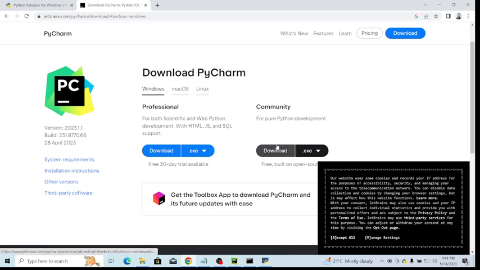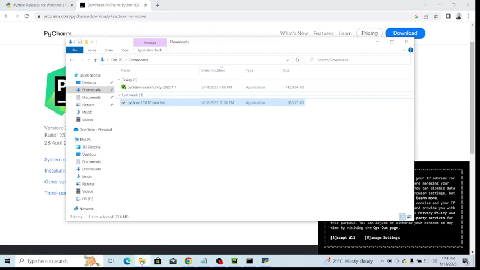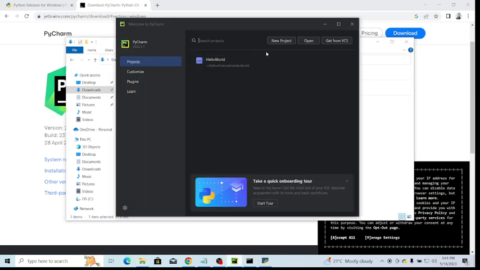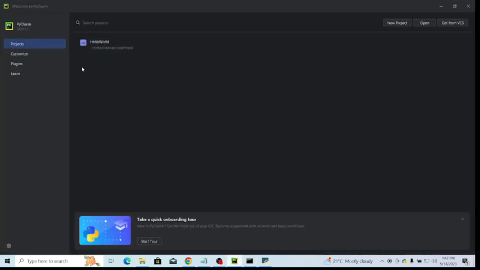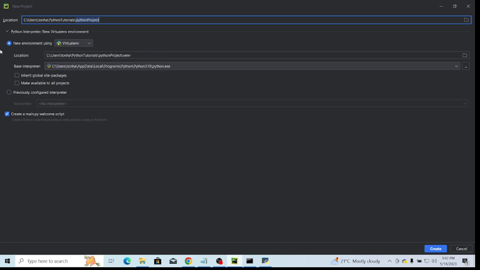So yep, you can just click download here, and once you have downloaded it, it'll come here. You just need to double click, follow the steps, and leave everything on the default. Once you are done, I'm sure you're going to be taken to a page like this. If you haven't created any project, you see something like this, with the buttons create new and open. So what you need to do, as an example, is create a new project,